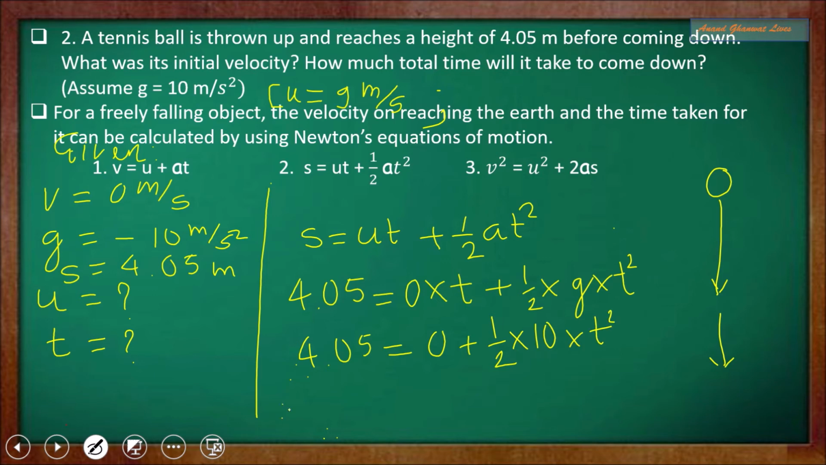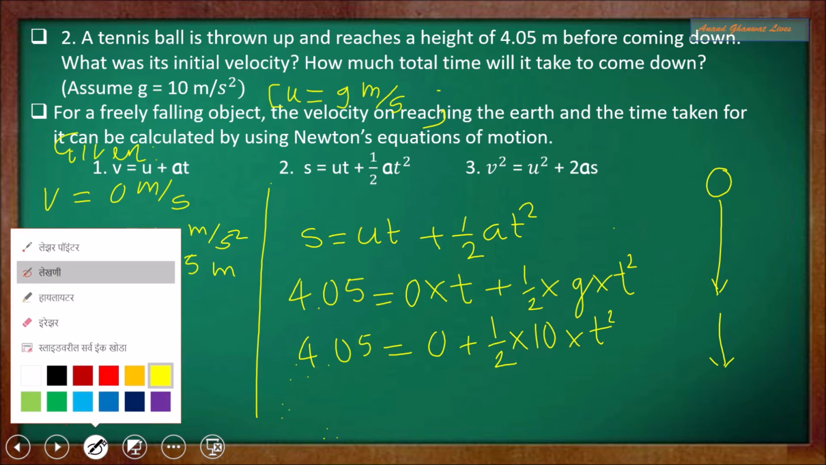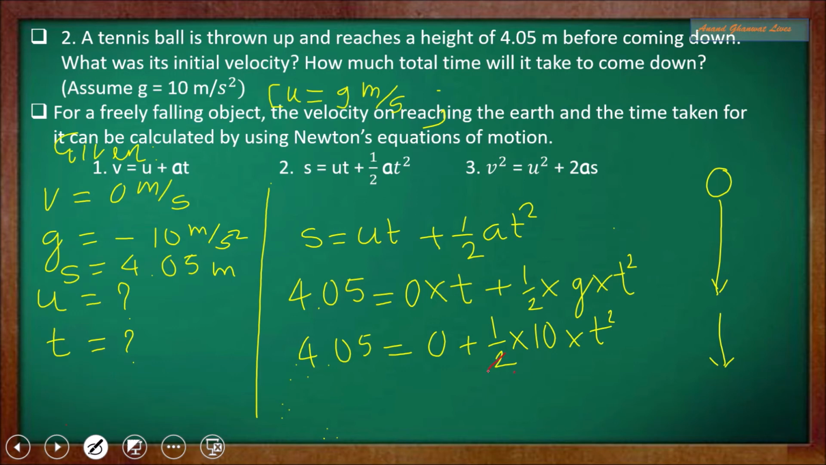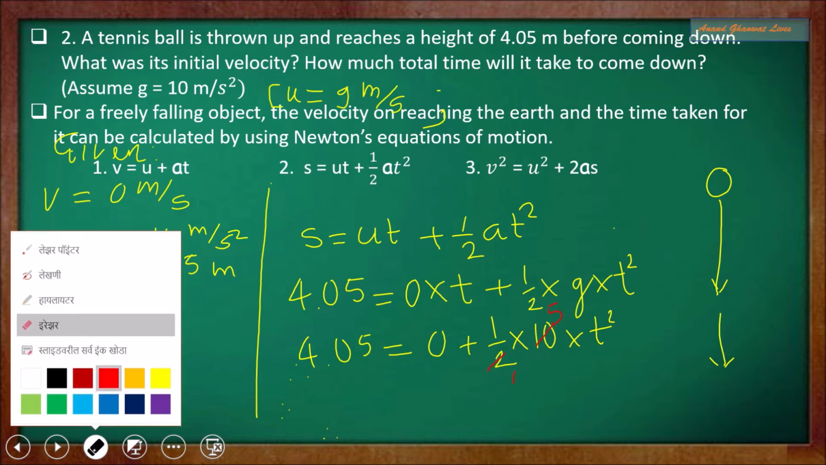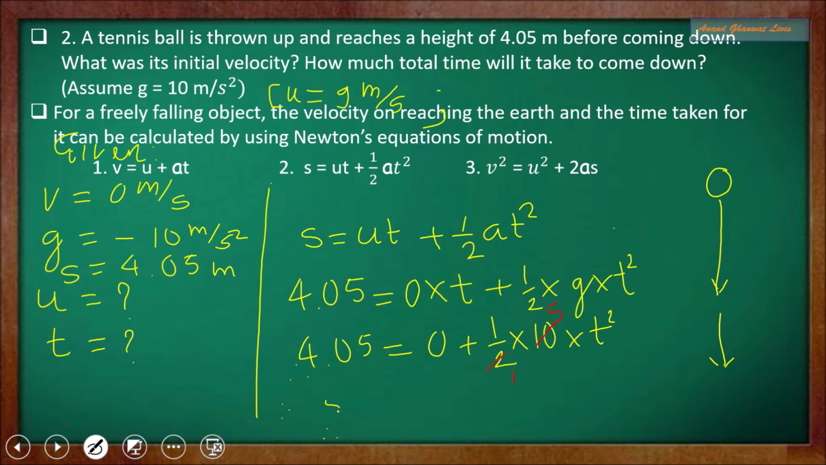Therefore now divide 10 by 2, so 2 1s are 2 and 2 5s are 10. Therefore 5 t square is equal to 4.05. Therefore t square is equal to 4.05 upon 5. So 0 point